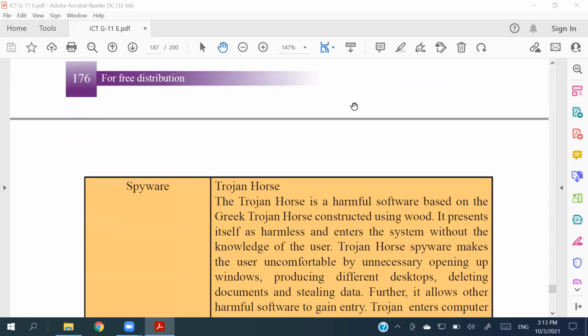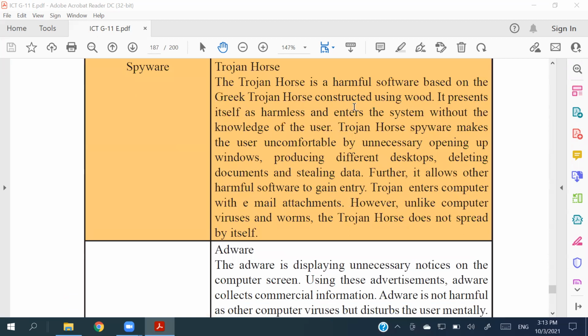And when it comes to spyware, we are talking about two different things, which are the Trojan horse and the adware. So the Trojan horse is a name taken from Greek mythology. Actually, in the story of the Trojan horse, there was a very big wooden horse, which was gifted by the Roman people to the city of Troy, which in that era they thought no one would be able to attack, because any army that tried to attack Troy was defeated by the Trojans.